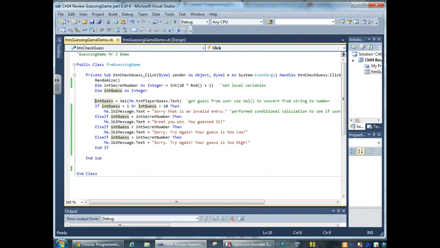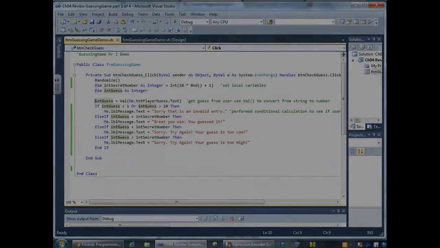Now, there is one more problem with this program that you would notice if we spent some more time with it, and that is that every time